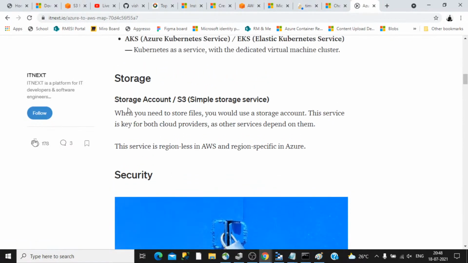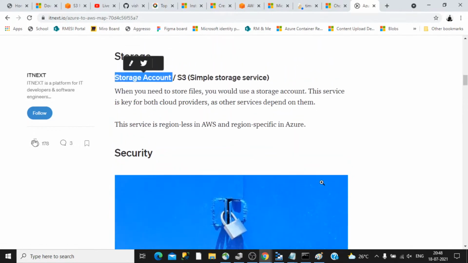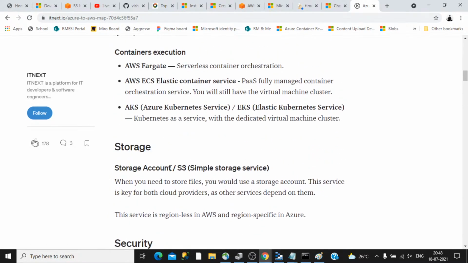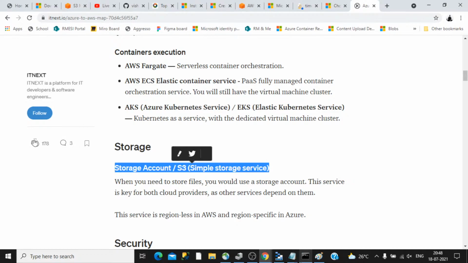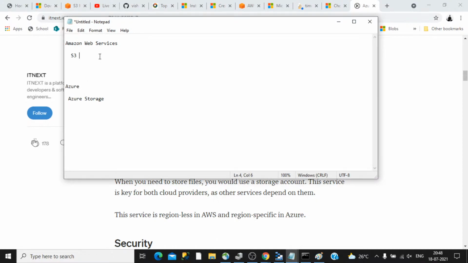Okay, so here it is mentioned that the storage account, or S3 simple storage, is a region-specific service in an account. This is the Microsoft Azure storage account and this is the S3 simple storage service, but there is a difference. We can't exactly map a particular Azure storage account to Amazon S3, because when you say S3, you have the option to choose a particular blob, which can be any file. That's a flat file.